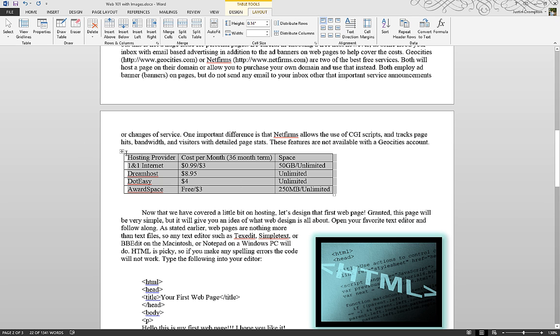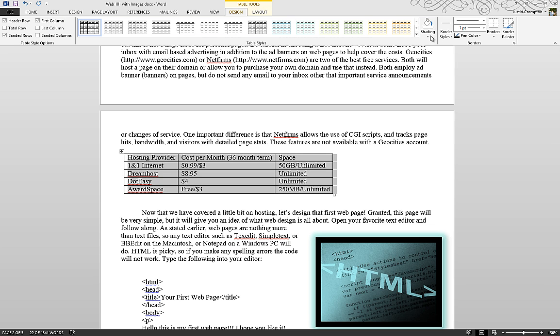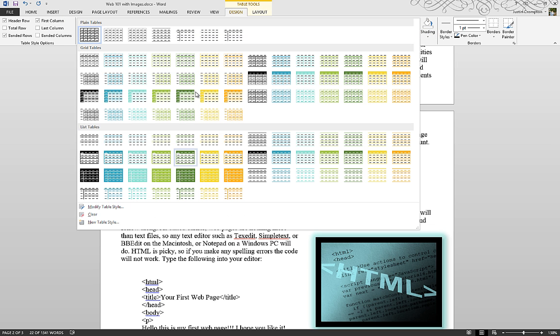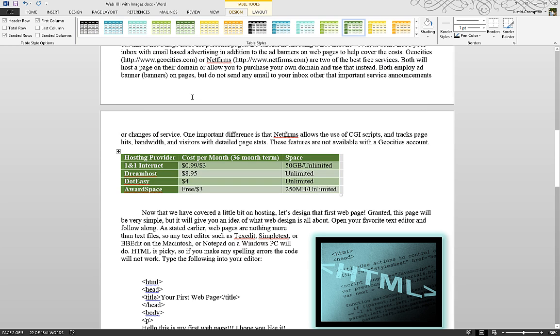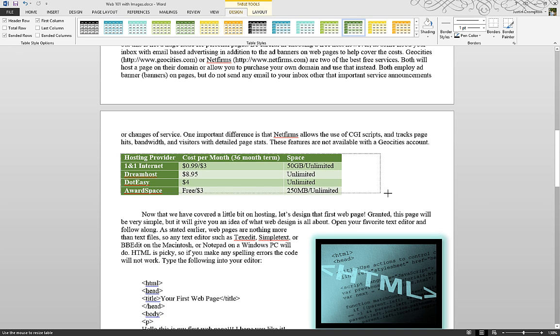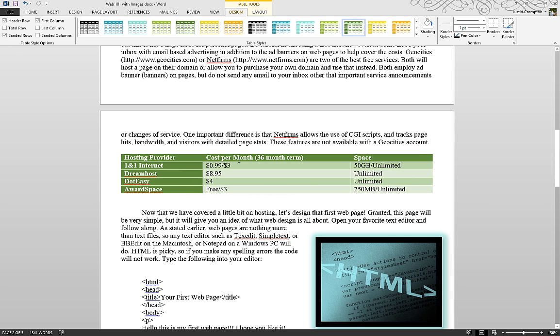Back to our table. Now, notice I have my contextual menus back. I can then restyle my table the way I had it styled before. Now if I want the table to take up the entire space here, simply drag it out, and then I can adjust where I want